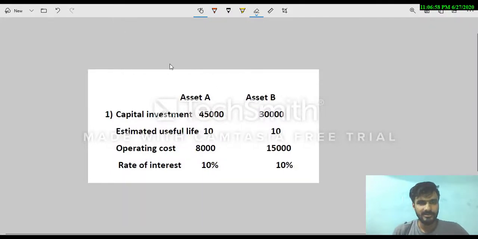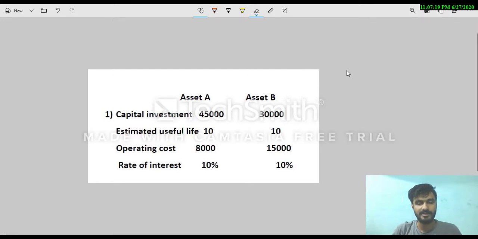So my dear student, already I have discussed the annualized cost method for the profitability calculation. In today's lecture, I am going to discuss some important numericals that can be asked in the GATE examination. I will be discussing three numericals today on different categories. Just see this numerical, how we calculate